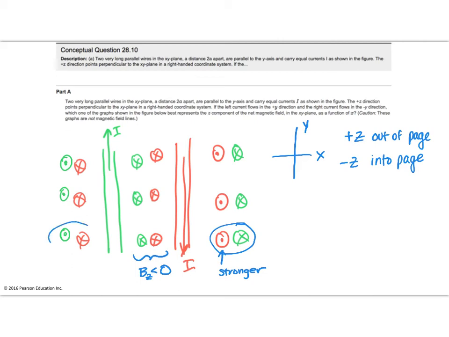And likewise, when we look over here, this one is stronger because it's closer to the green wire, which is causing it. So on these places, the BZ is greater than 0. And of course it's going to get less strong as we go further away from the wire. So thinking about those factors helps me choose the right